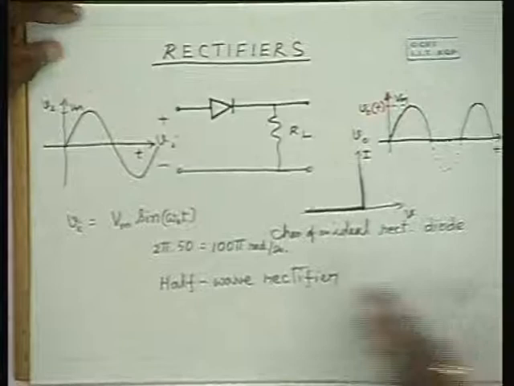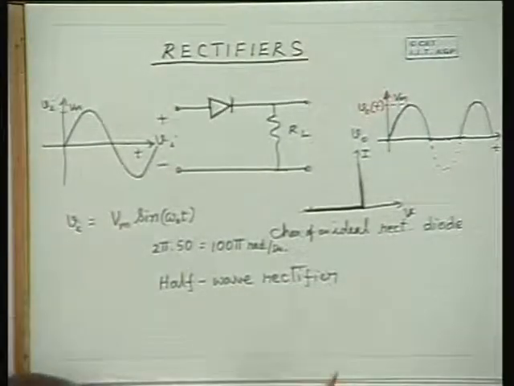Therefore, how much reverse potential is being applied across the diodes is also of interest to the circuit designer. Let us now look back at the circuits and see how much is the peak inverse voltage or peak reverse voltage that is being applied in each one of these cases. In this particular case, let us first consider the half wave rectified waveform, and see how much is the peak inverse voltage of the diode.